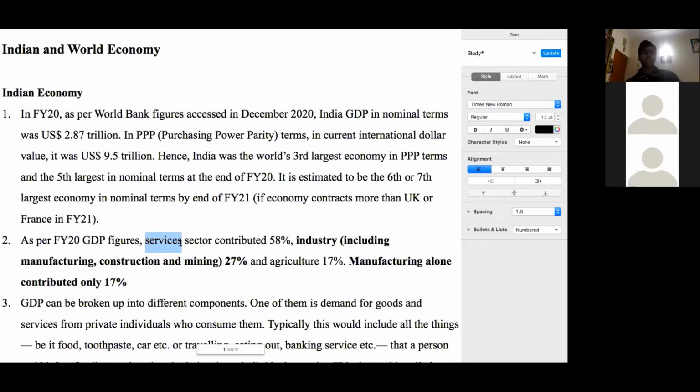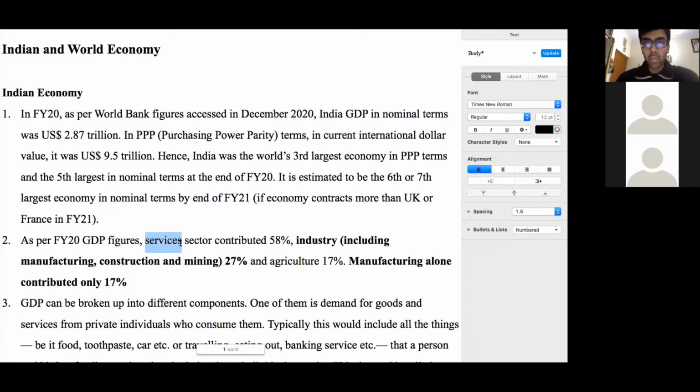There are so many different kinds of services. There are thousands and thousands of different kinds of services that are being provided on a regular basis by individuals and firms and organizations, as well as the government to other people and other organizations. So all that is included in the services sector. You can very well imagine, right now what I am doing is basically a service that I'm providing. So whatever value that I am adding to you, howsoever it is counted in the GDP, this is also a part of the services sector.